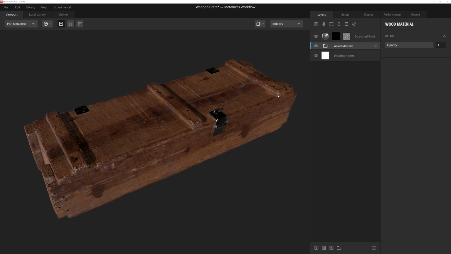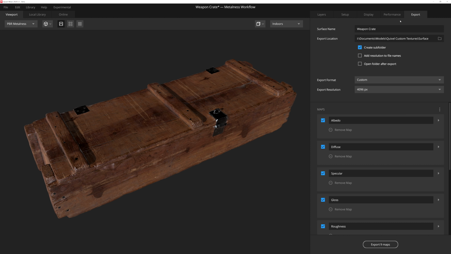So currently there are two ways we can export this crate and get that into Blender. First way is the export tab up here to the right. The other way is if we go over here to file, and then we can click on the export to library option. This means that we can export our asset to Quixel Bridge, where we can then organize this asset in our own custom library. But right now, exporting a 3D asset to Bridge is currently under development, so stay tuned for a later date when that feature is enabled. So for the purpose of this tutorial, we're just going to make sure that we stick with the export tab.